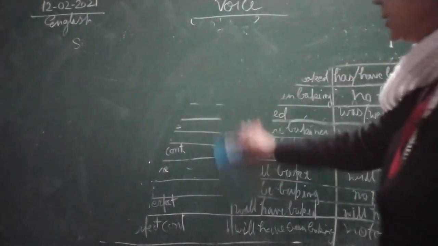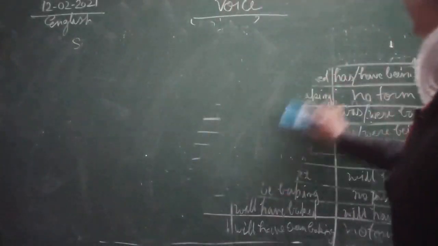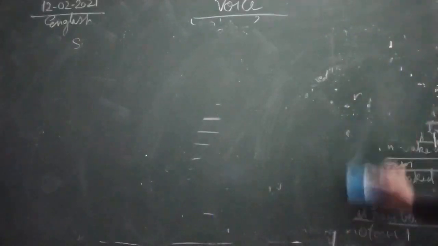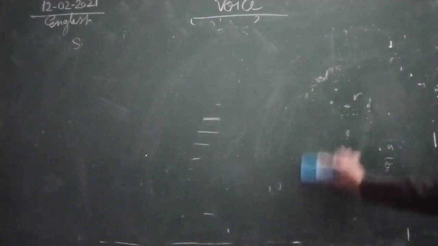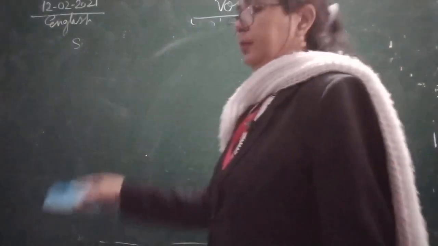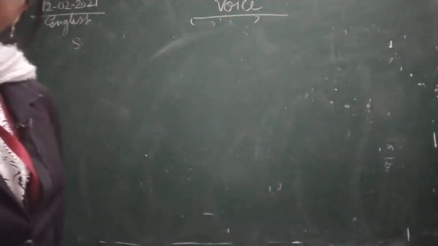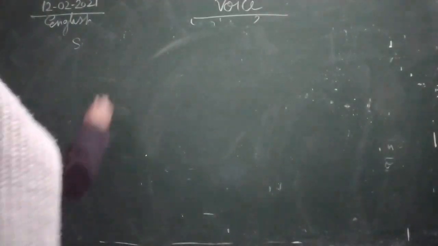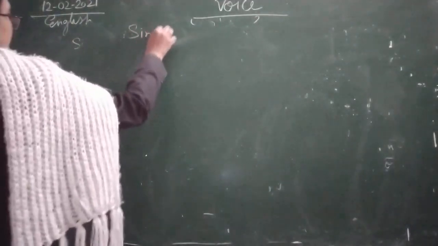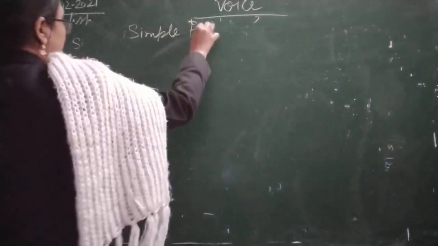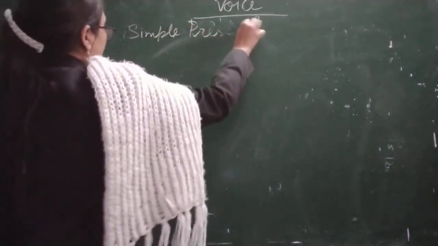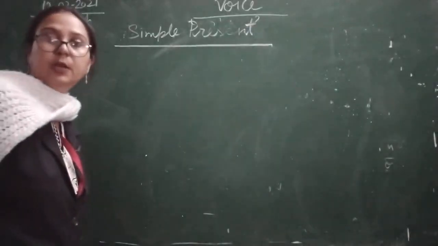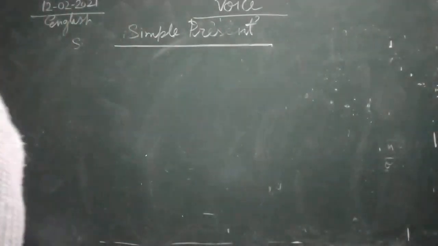In simple present tense, if the subject is singular we use he plays, he goes. If the plural form is there, we use they play, they eat. So, simple present. What is the rule for changing active to passive voice, children? Simple present tense. So the rule is